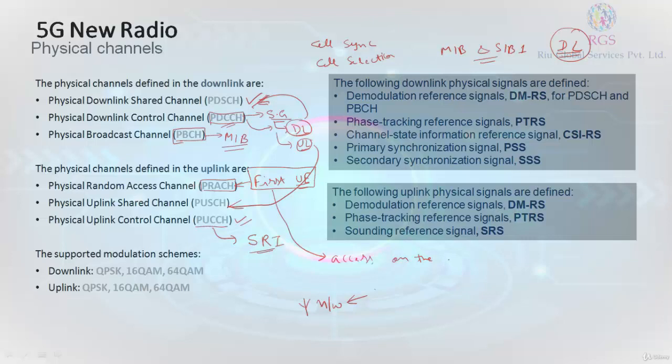Therefore, in our training at the last chapter, we are going to do RSI planning. So RSI is nothing but how the PRACH from one cell will be differentiated from the PRACH of another cell. This is the major idea of the PRACH channel, right? Modulation schemes which are available, it also supports 256 QAM in the downlink, as well as 256 QAM is supported